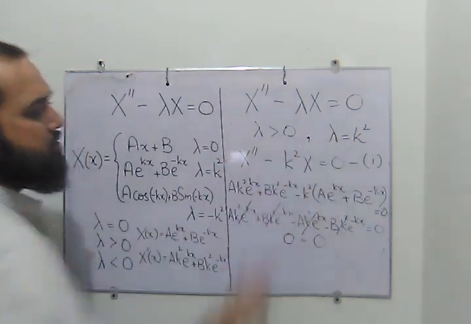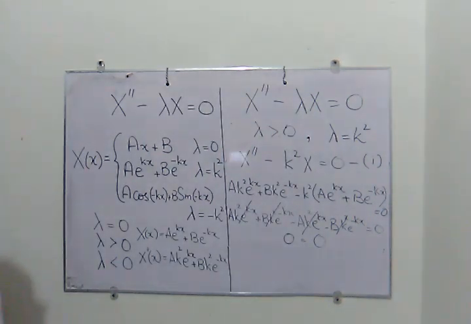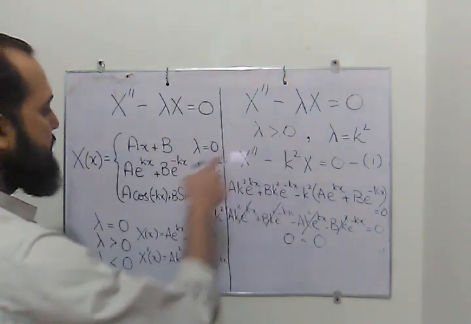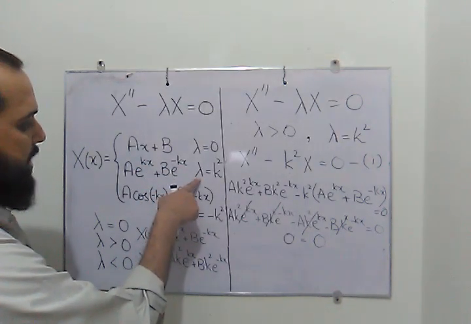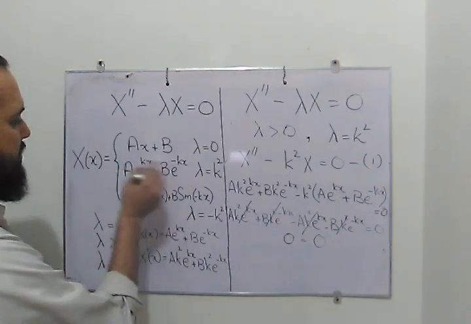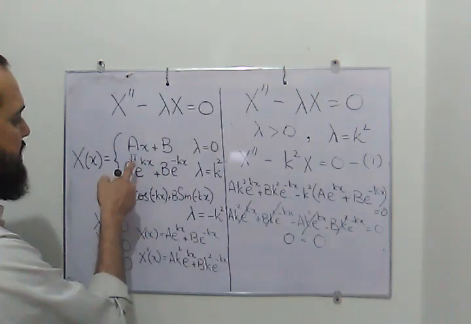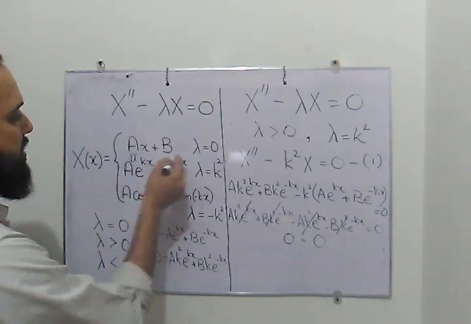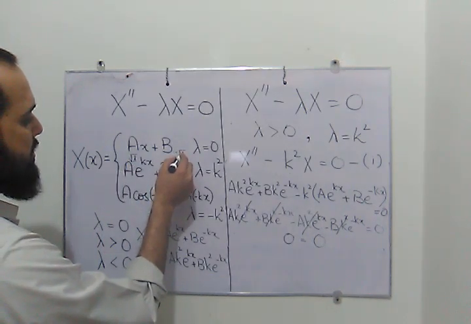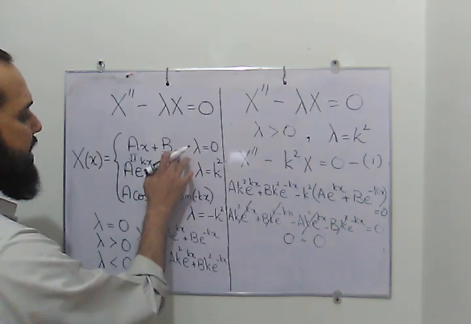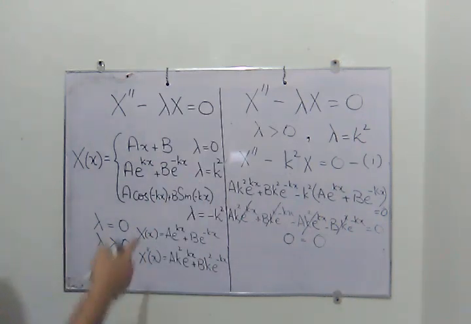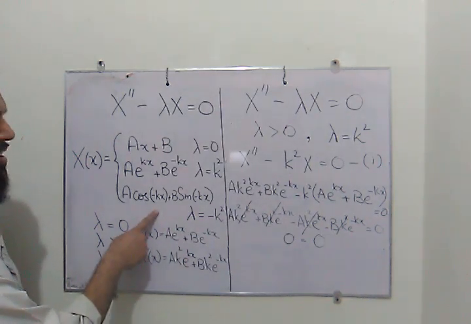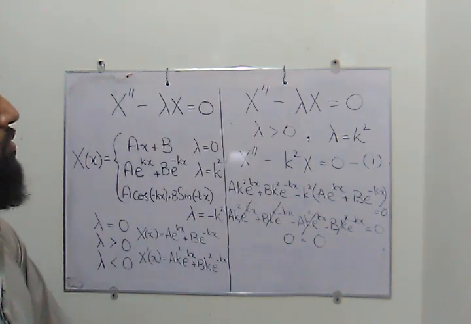So we take lambda is equal to k square. We take it k square here because we do not want the square root here. If we put lambda here, then we will get the square root of lambda in place of k, and here we get the minus of the square root of lambda. In order to avoid this situation, we substitute lambda is equal to positive k square or lambda is equal to negative k square. Now we check this solution when lambda has the negative value.